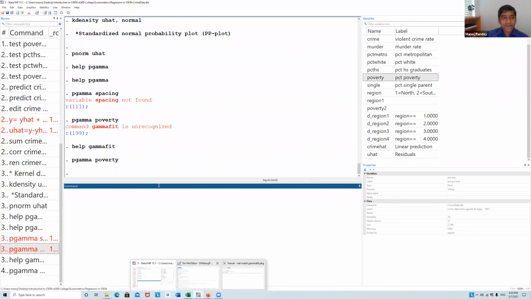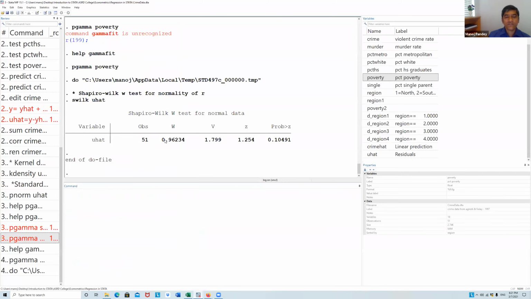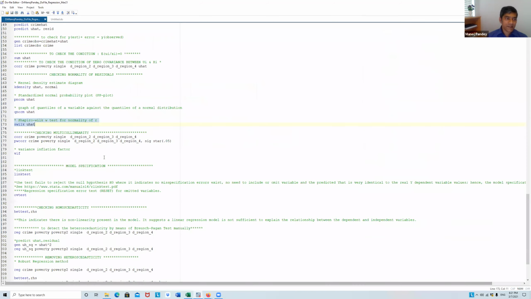So we were there, and then we have a statistical test called the Shapiro-Wilk test. The Shapiro-Wilk test says that the null hypothesis of normality is not rejected. Even though it is slightly non-normal, it is within the acceptance range. So we can say that the assumption of normality is approved. It is weakly approved, but it is approved.